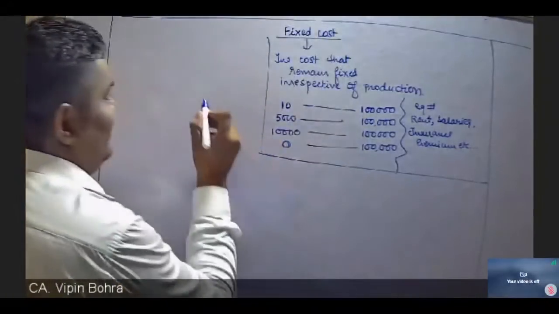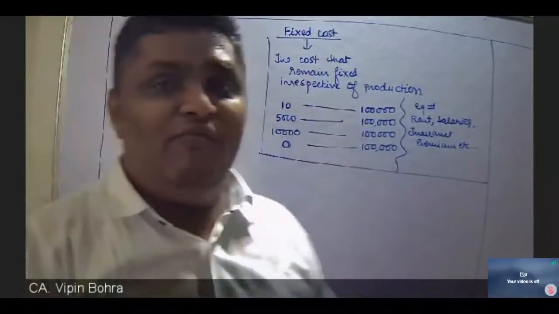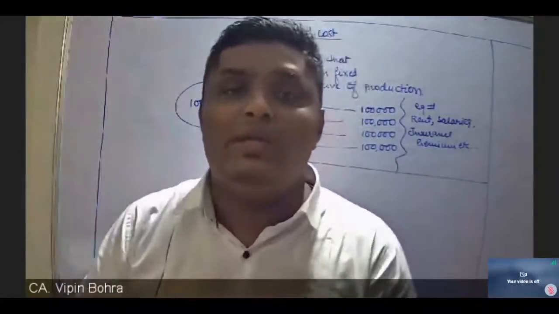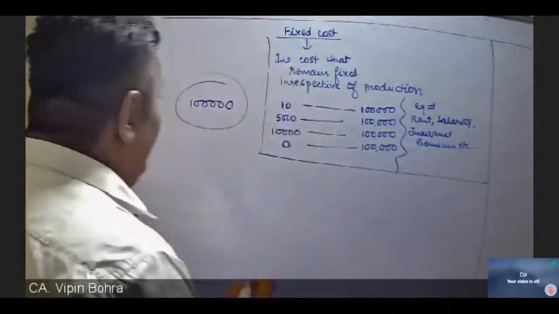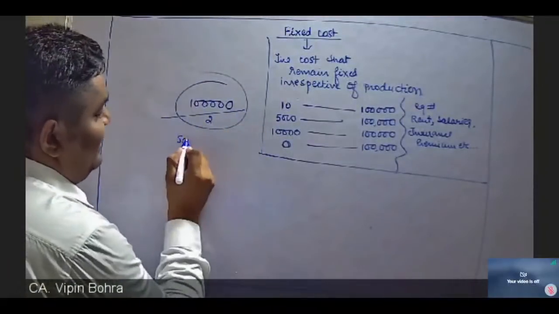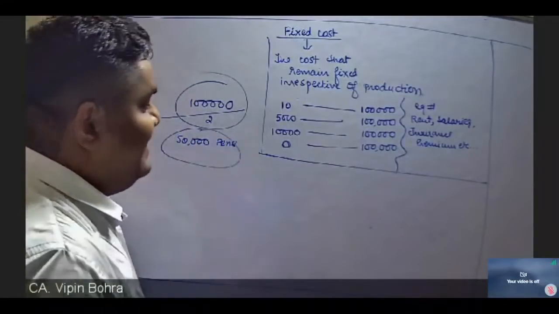Let's say my fixed cost is 1 lakh. Now, what will be in my mind? That at least I should sell that many pens that I am able to recover my fixed cost. Per pen I am getting rupees 2. So, if I manufacture and sell 50,000 pens,